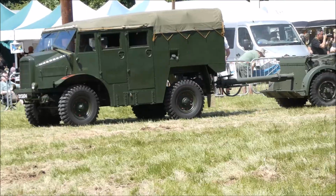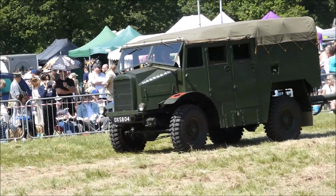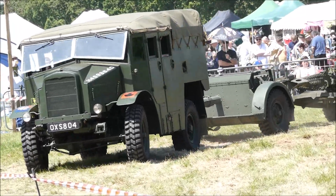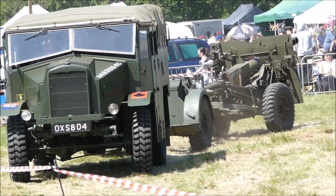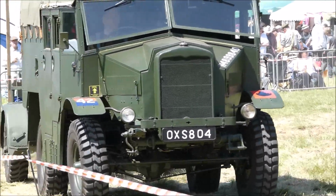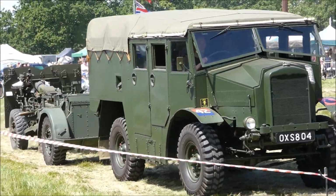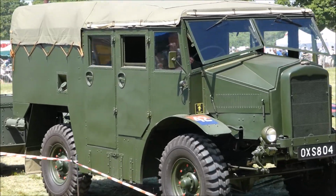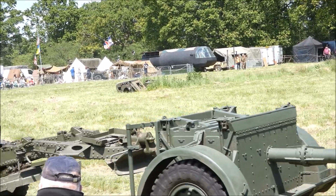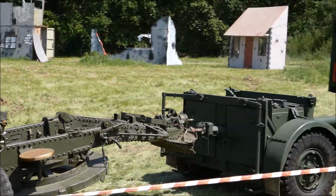Bob Esley, we mentioned previously, was Morris C8 Quad. This is a later war example from around 1944. Not the fastest vehicle the world has ever seen. However, it wasn't designed to be fast, it was designed to be very rugged, very sturdy, and able to pull very heavy loads. So the limber, 25-pounder field gun, the only load in the cabin is going to be all the ammunition, charges, crew of 6 including the driver,